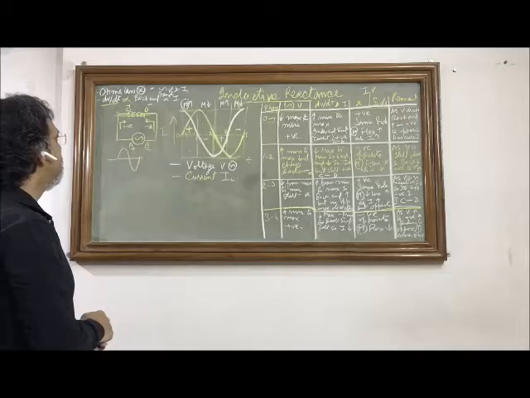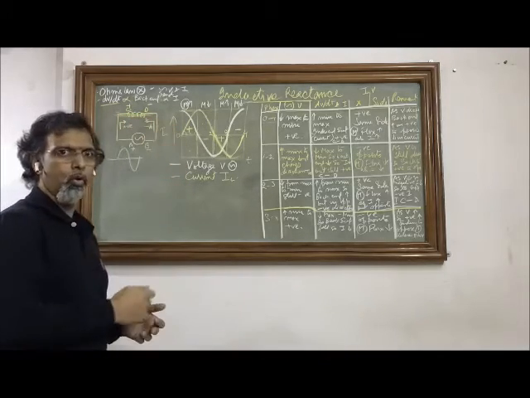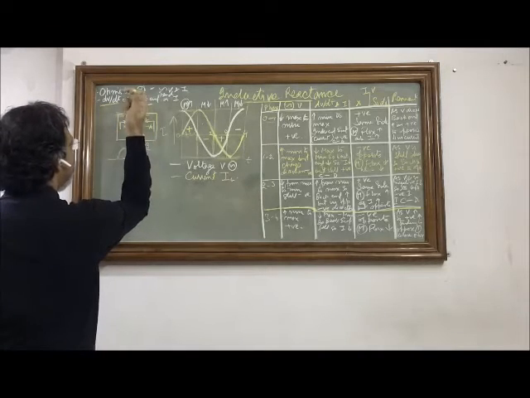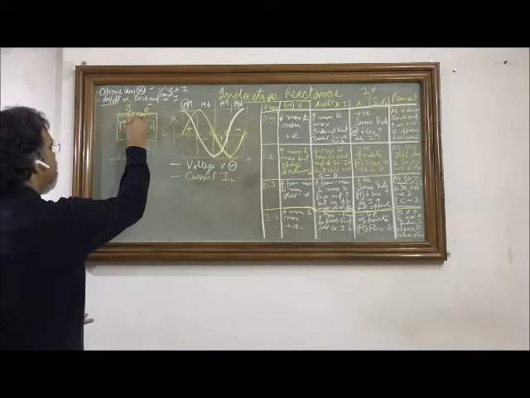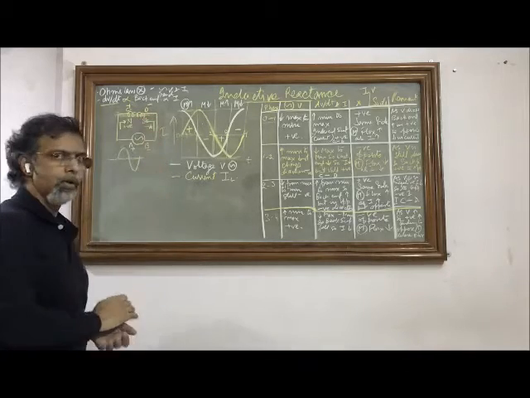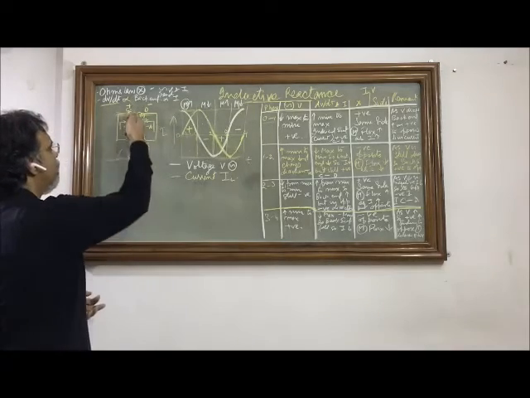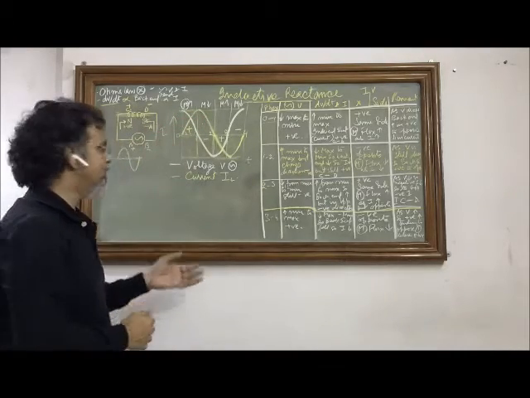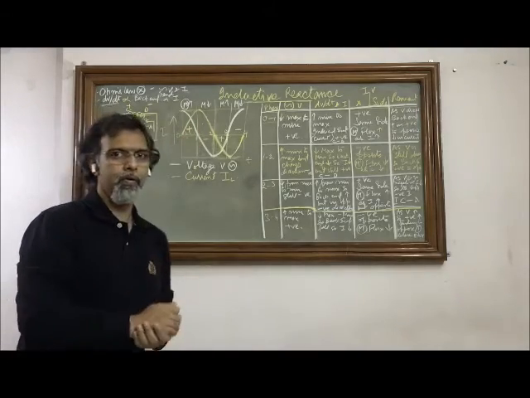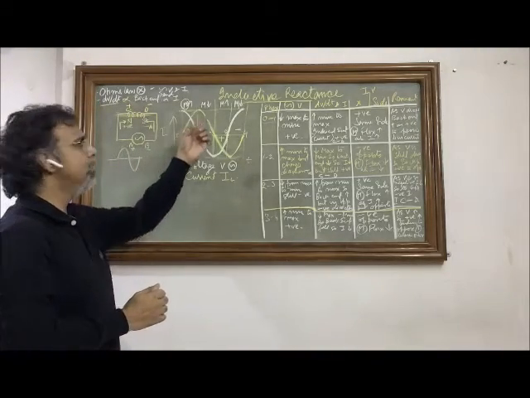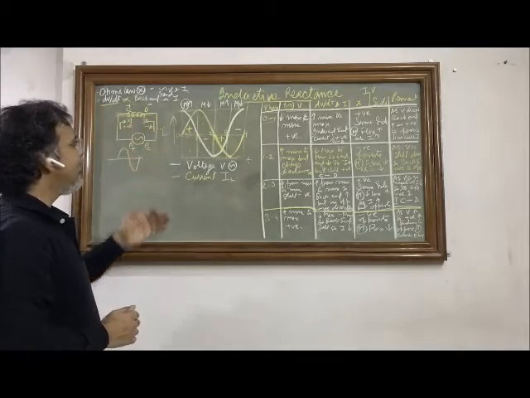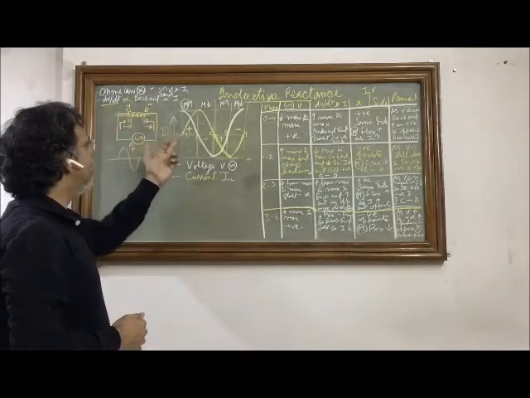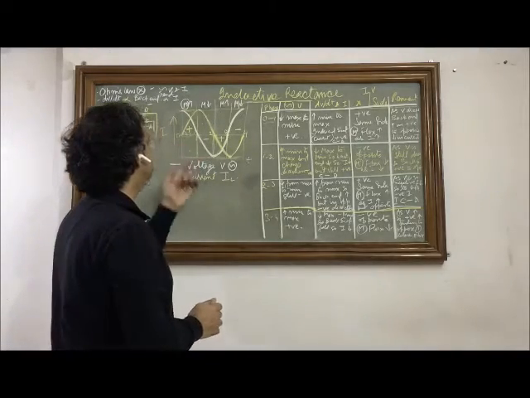A current carrying inductor will have in its core the magnetic field set, and the magnetic field is such that if the current is flowing from this point to this point, we say that this will be a north pole and this will be the south pole of the magnetic field. So the magnetic field is set, and the more the current travels, the more will be the magnetic field set, and we say that the magnetic flux is built up in this phase because the current is rising. So the current is rising, and in reaction the back EMF is rising, and because of this the magnetic flux is rising.